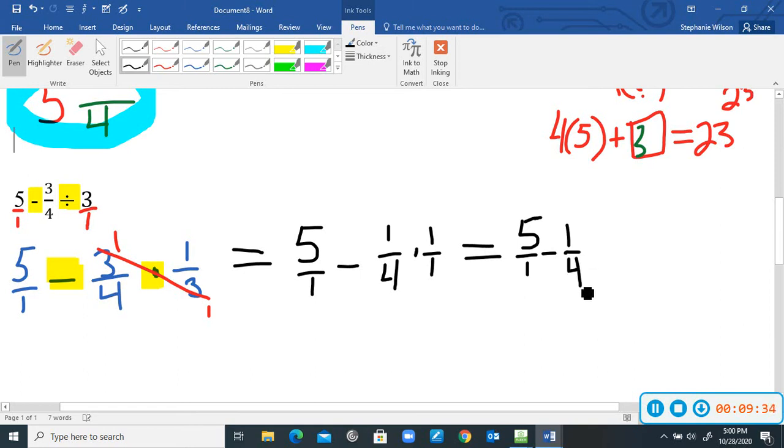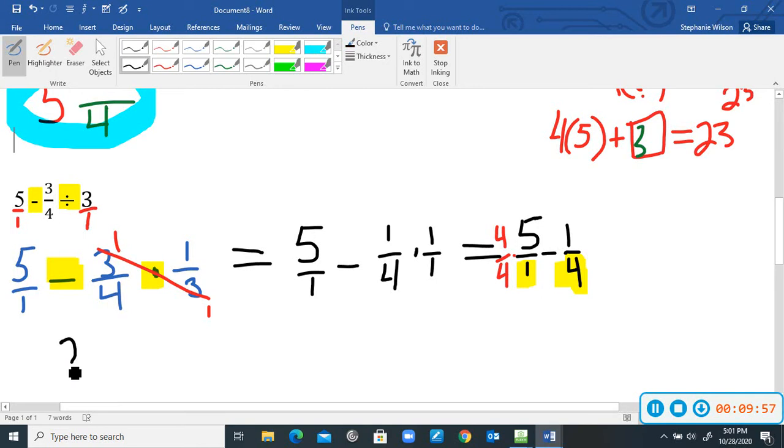Okay, in order to subtract these fractions, I have to have a common denominator. And I see that in my denominator I have a 1 and I have a 4. I know 4 will go into 4 and I know 1 will go into 4, so that tells me 4 is my least common denominator, so I have to multiply this one fraction by 4, and that gives me 5 times 4 is 20,